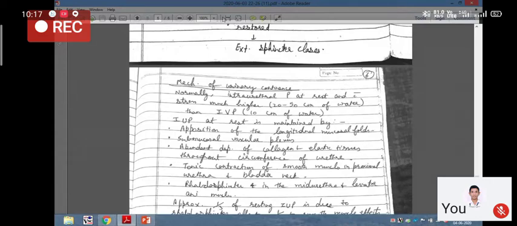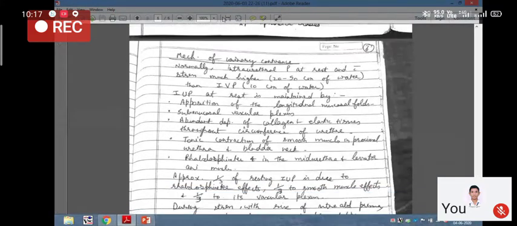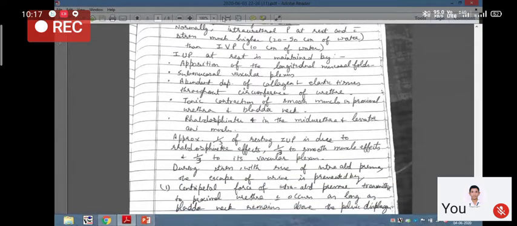Intraurethral pressure at rest is maintained by the apposition of the longitudinal mucosal folds, submucosal vascular plexus, abundant deposition of collagen and elastic tissues throughout the circumference of the urethra, tonic contraction of smooth muscles in the proximal urethra and bladder neck, rhabdosphincter in the mid-urethra and levator ani muscles. Approximately one-third of the resting intraurethral pressure is due to rhabdosphincter effects, one-third to smooth muscle effects, and one-third to